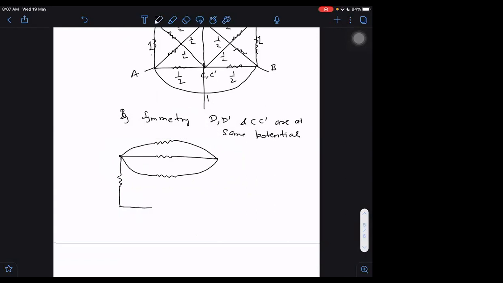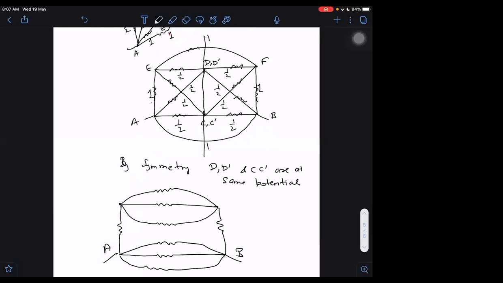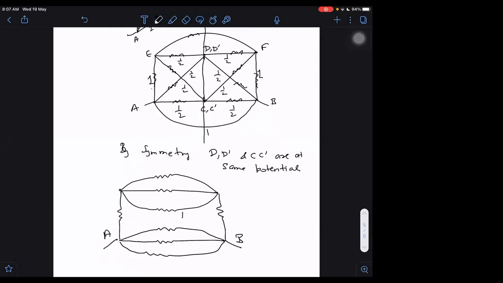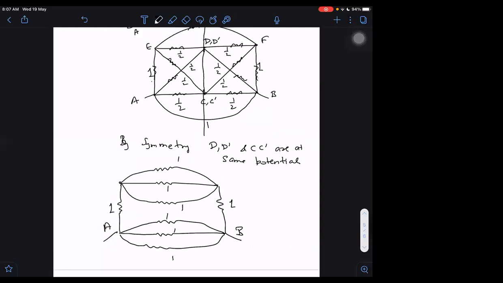8 by 3. Then this we are getting as this one here, and then this one, and then this one, and here this A, B. Correct. It was better to remove. I am removing it here and bringing it into one place only. So what we are getting then: 1 by 2 plus 1 by 2 is 1. This is 1. This was already 1. Similarly 1, 1, 1. And this is also 1. Finally, they end up becoming all 1.